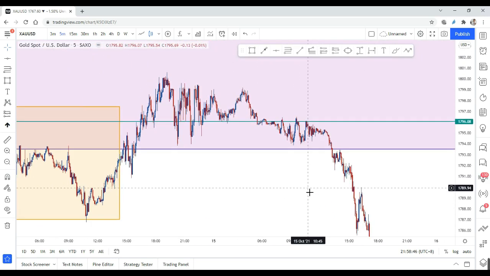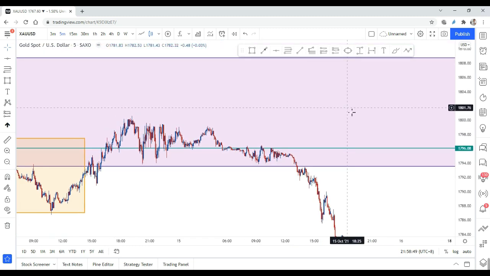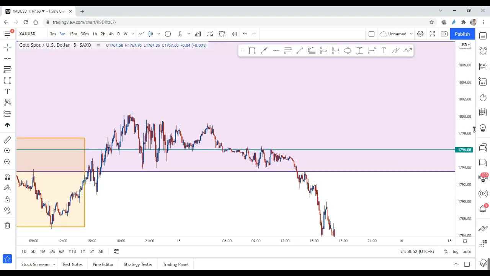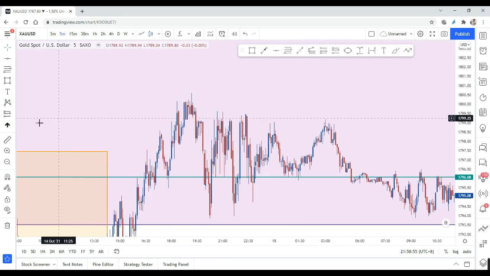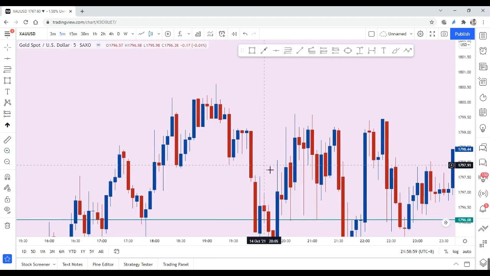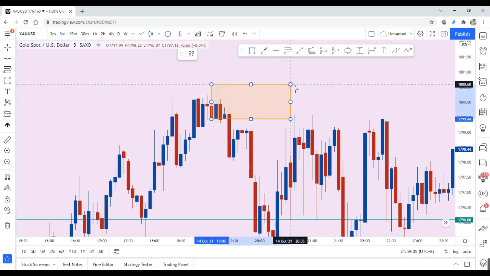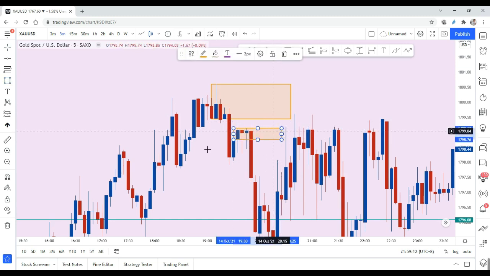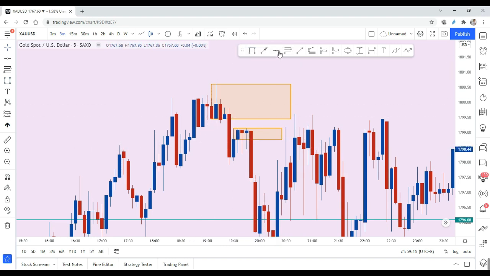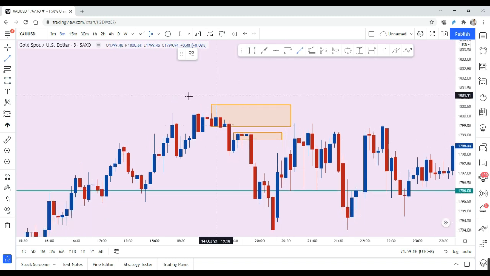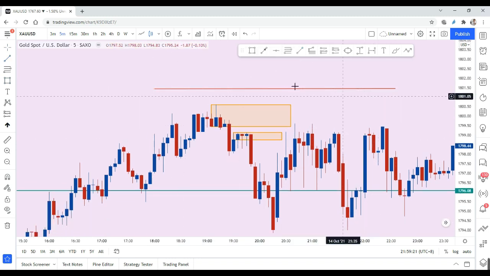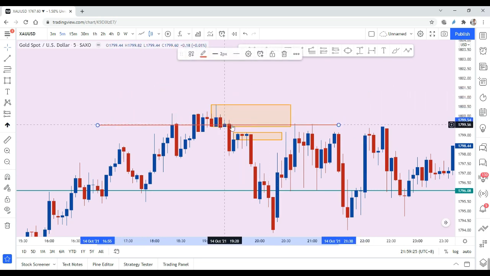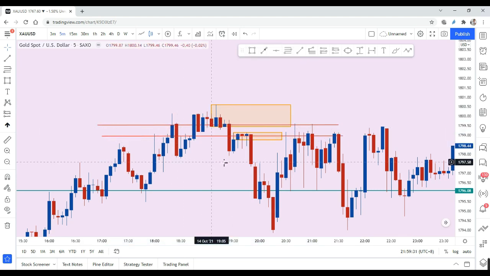And then secondly, try your best to get as small a zone as possible if you can do it. And of course, over here, I believe a lot of you will ask me, why am I taking this zone and not this zone over here? A lot of people will argue. So very simple. Every time I have doubt, I usually put one horizontal line. So if you put your horizontal line over here and you put your horizontal line over here, you can see that